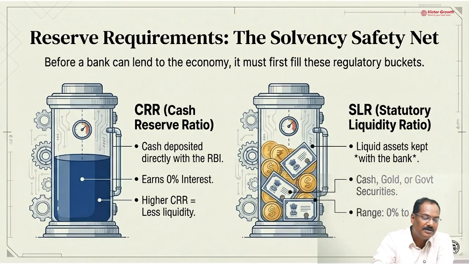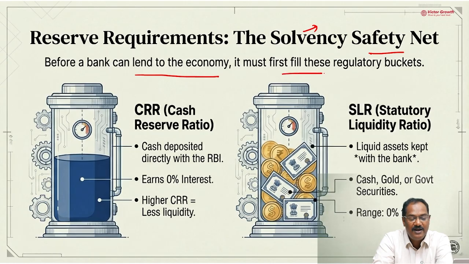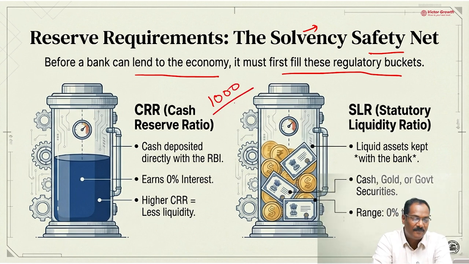Okay, now the solvency safety net. Solvency means basically when you don't have money. Before a bank can lend to the economy, it must first fill the regulatory bucket. It's not like tomorrow you start a bank with 1,000 crore, so you can give all 1,000 crore in loans and collect the interest. Not possible. It is mandated by the RBI that you have to keep certain money set aside,